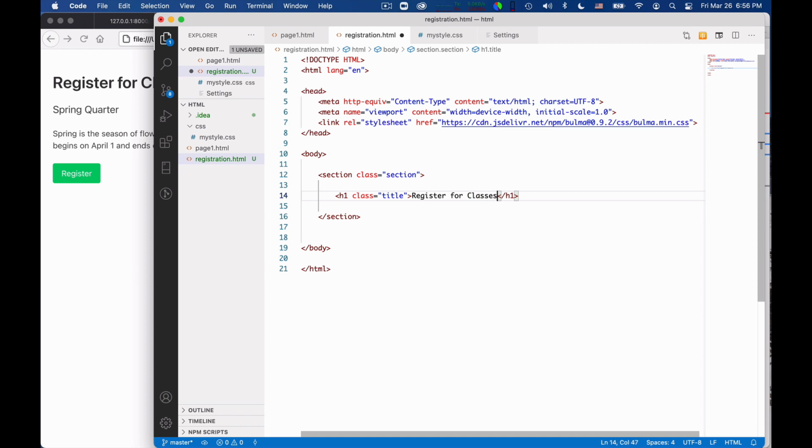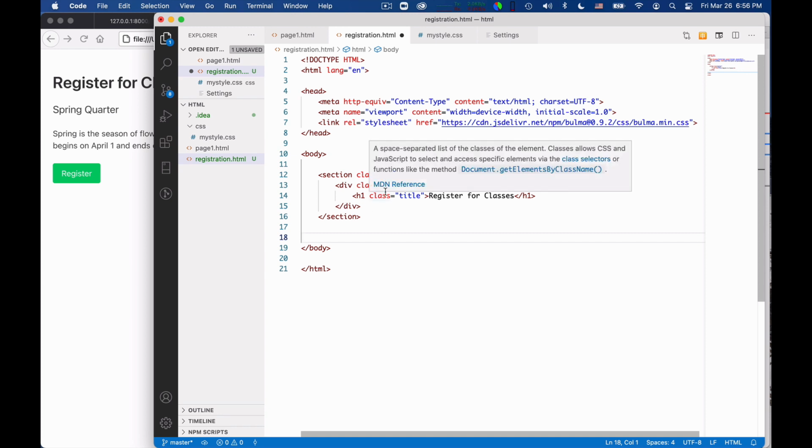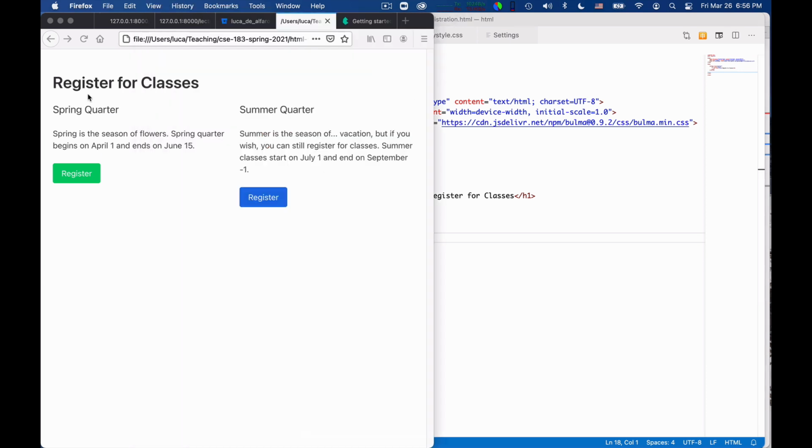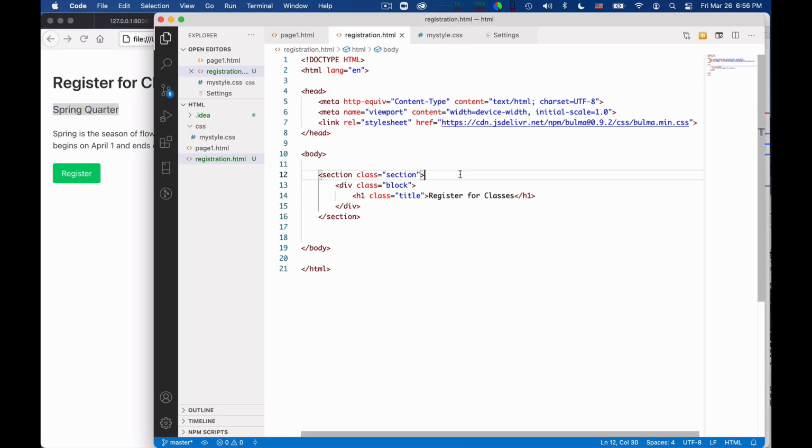Okay, this is quite enough, but I want to put this actually inside a div that is of class block. Block. Okay, so I do this. Here I close it, and let me reflow this so that it's properly indented. Okay, the div of class block essentially will cause a vertical space separation between this title and the rest, including the subtitle. So you see, I want some separation here between the title and the subtitle, and this div of class block is what gives it to me.